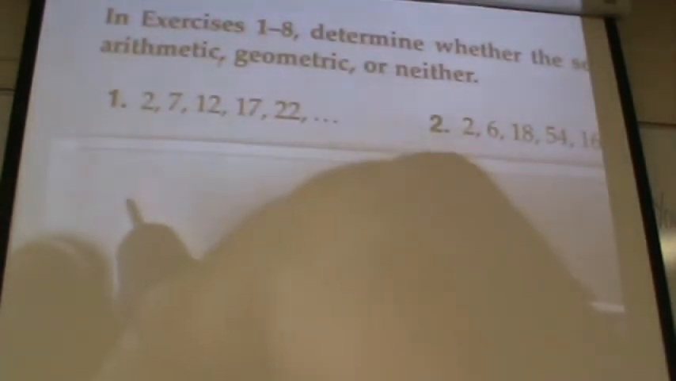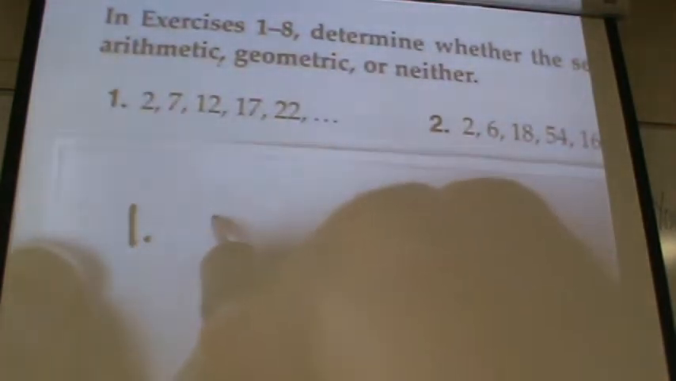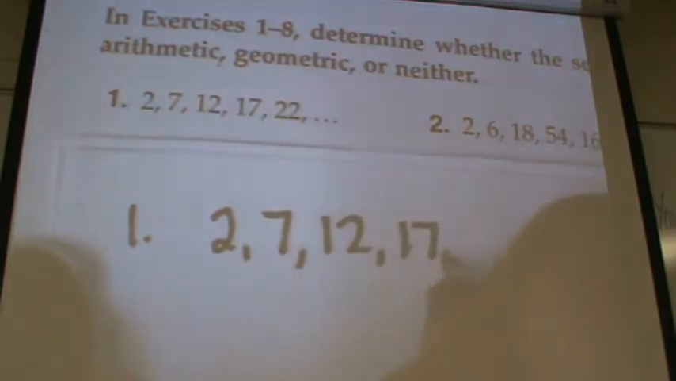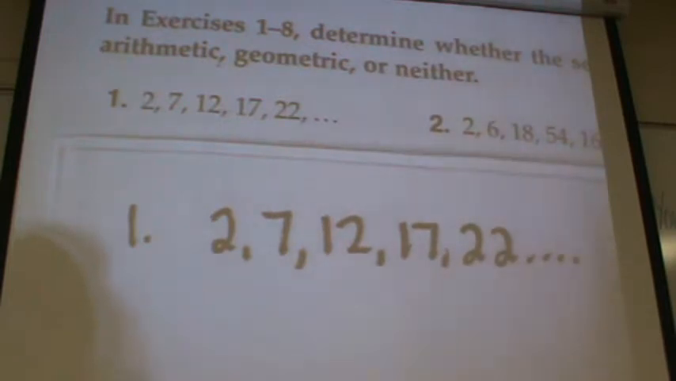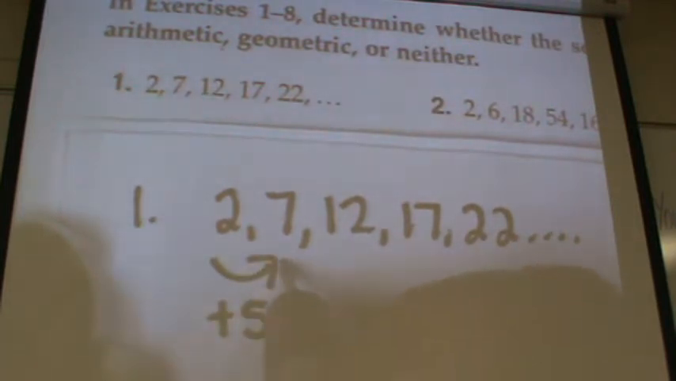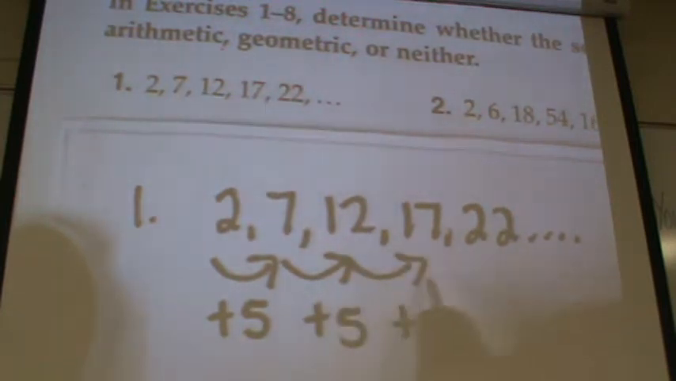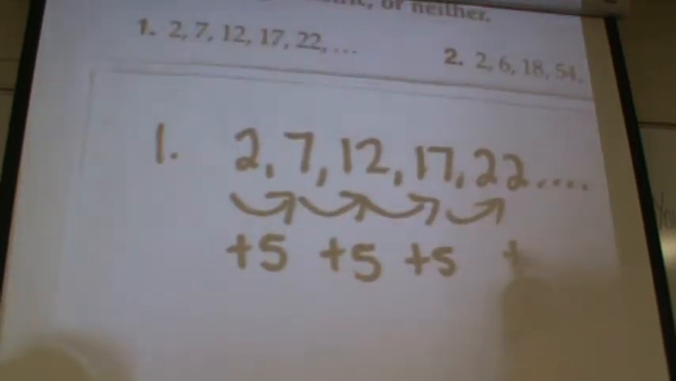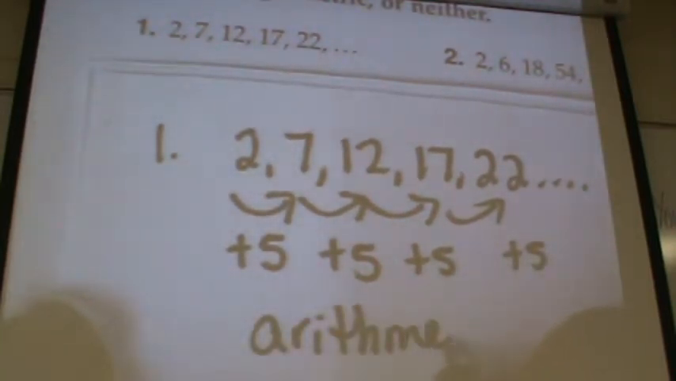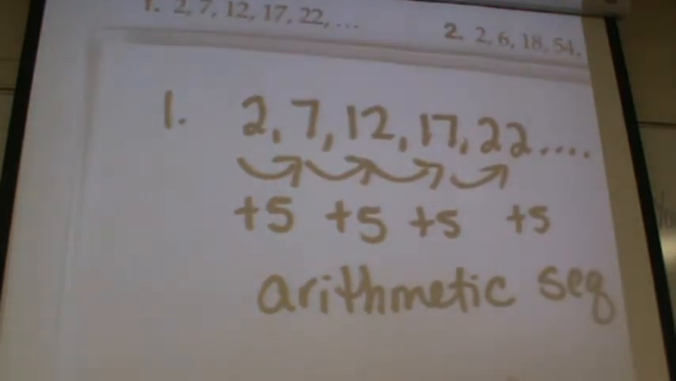In question number 1, going from 2 to 7 to 12, 17, 22 to infinity. From 2 to 7, you're adding 5. And you're adding 5, and adding 5, and adding 5. So this one is an arithmetic sequence. Number 3,